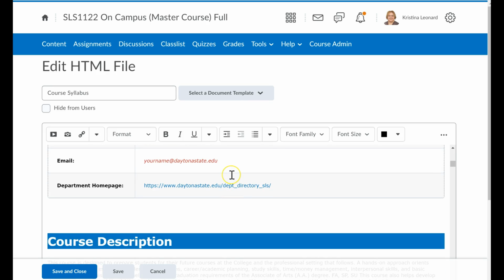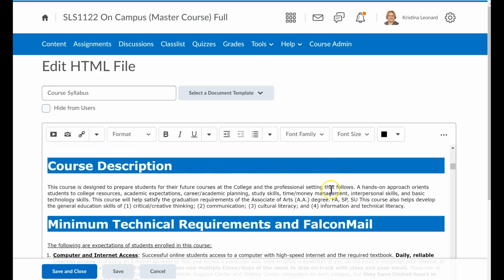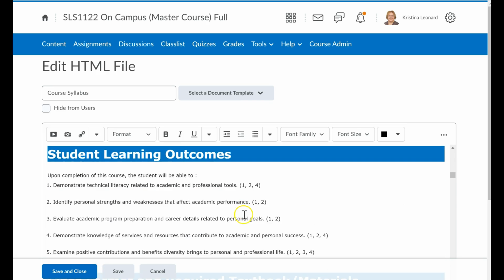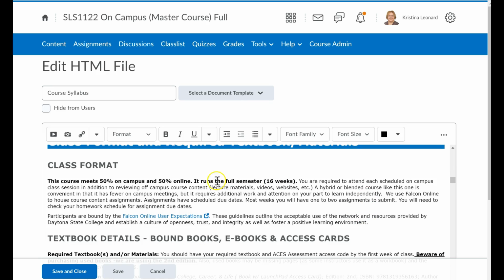Make sure that you put your Falcon Mail email. It's very important that that's the email you're using when communicating with students because of FERPA regulations and discussing student records. You want to make sure that you're looking at your course format type for the fall semester, again, because